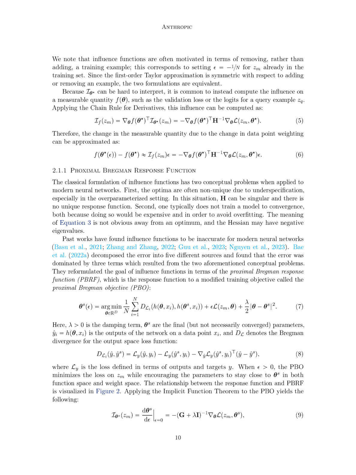Section 2.1.1 Proximal Bregman Response Function. The section titled 2.1.1 Proximal Bregman Response Function focuses on addressing two main issues found in the traditional approach to influence functions when dealing with modern neural networks. The first problem is that the optimal solutions are often not unique, especially in situations where the model is overparameterized. In these cases, the corresponding mathematical representation can become singular, leading to the absence of a unique response function.